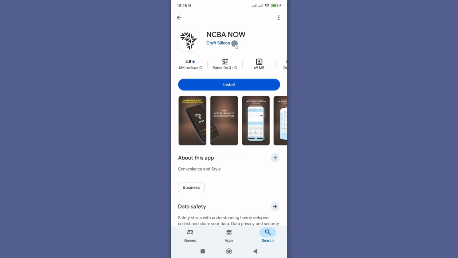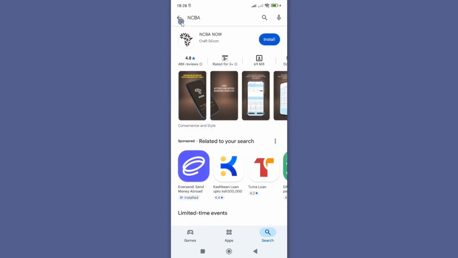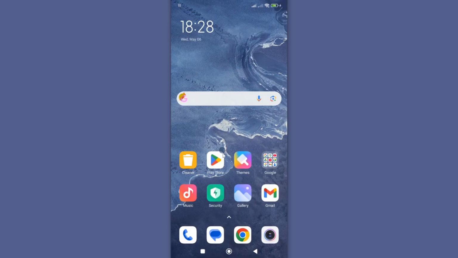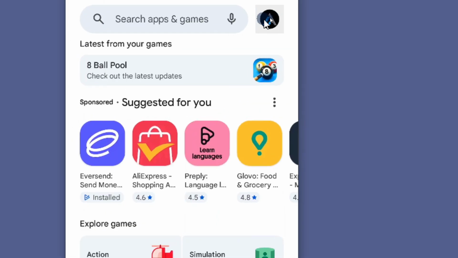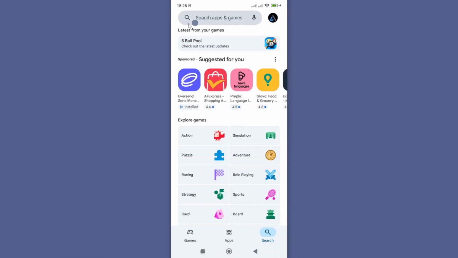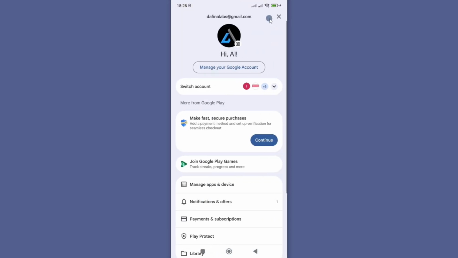If you're having issues installing your app, there are quite a number of steps you can take to fix this. First, you need to go to your Play Store app, open it, and make sure you are searching for your app while logged in. In case you are not logged in, you'll need to log in. However, if you are already logged in but that wasn't the issue, then tap on your profile icon here and